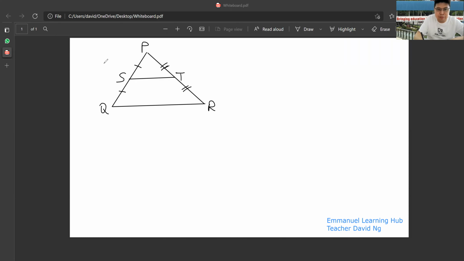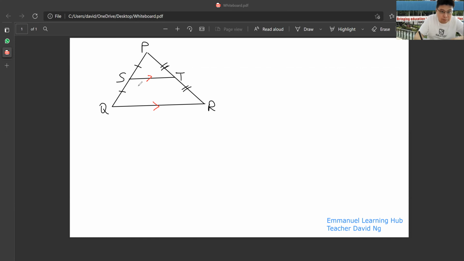The midpoint theorem says that if you have two triangles, PQR and PST, and line ST is drawn in such a way that S bisects PQ, so PS equals QS, and this line ST bisects PR, where PT is equal to TR, then these two lines are parallel,